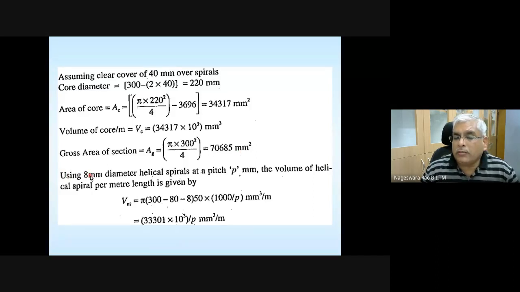And using 8 mm diameter helical spirals at a pitch of P mm, volume of helical spiral per meter length is given by. Please make a note of this one. 8 mm diameter helical reinforcement is selected, and pitch, let's assume, I don't know what the pitch is. So to calculate this pitch only, we are doing all this. Let's assume that pitch to be P, then volume of helical spiral per meter length is given by, please see here,